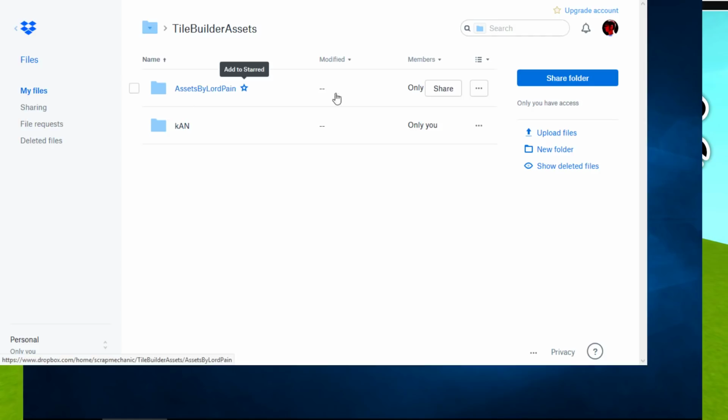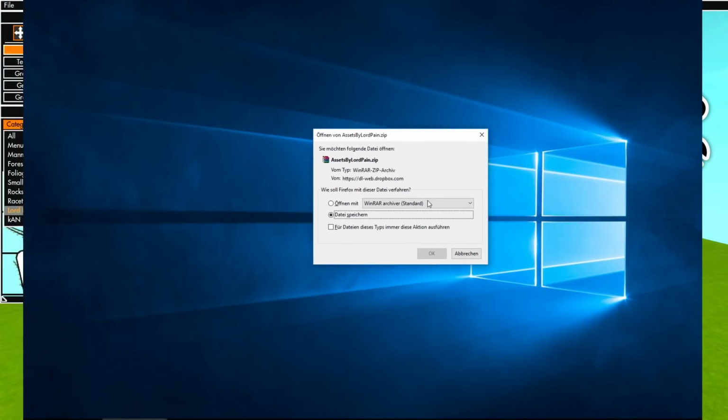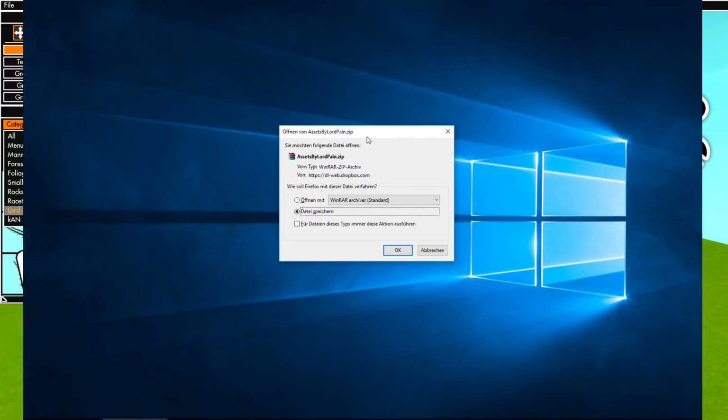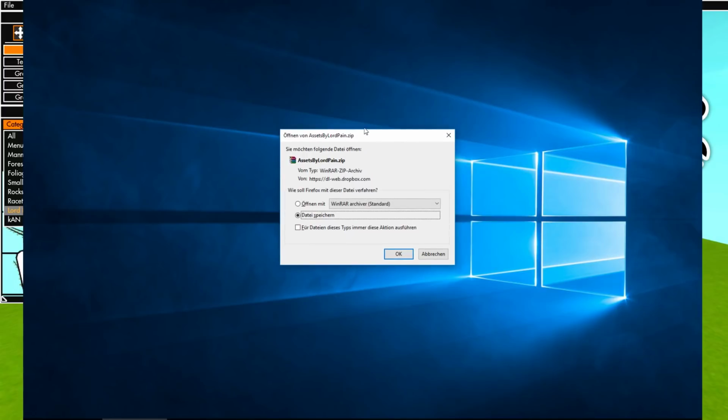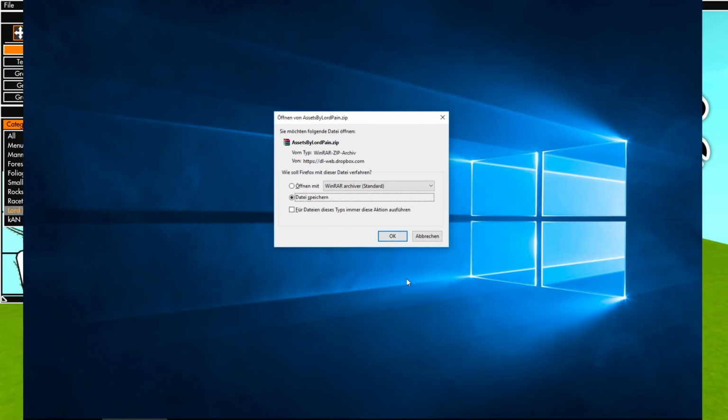So first of all, we want to go on this part over here and click on download, and then a window will pop up. It will look kind of like this. Now this is in German, yours will be in English probably. As you can see, there is this zip file, Assets by Lord Payne zip, and you want to save this file in your download folder. Now your download folder might be a different one than mine. It might be the standard download folder, I'm not sure, so you want to make sure where your download folder is. And after you save it,